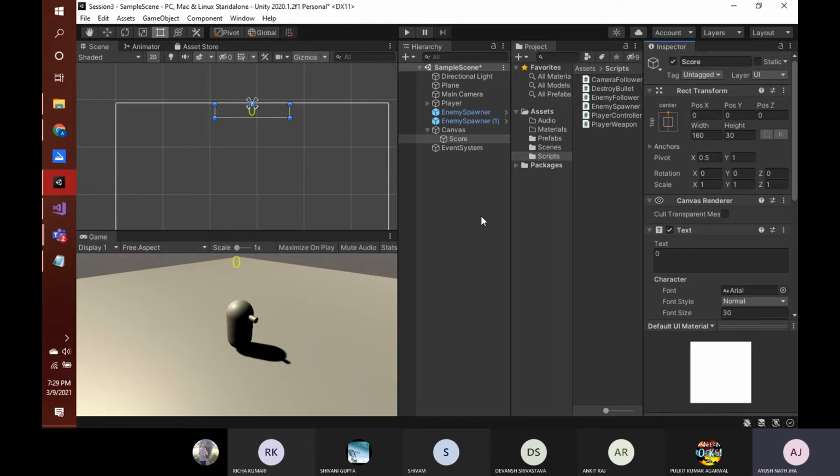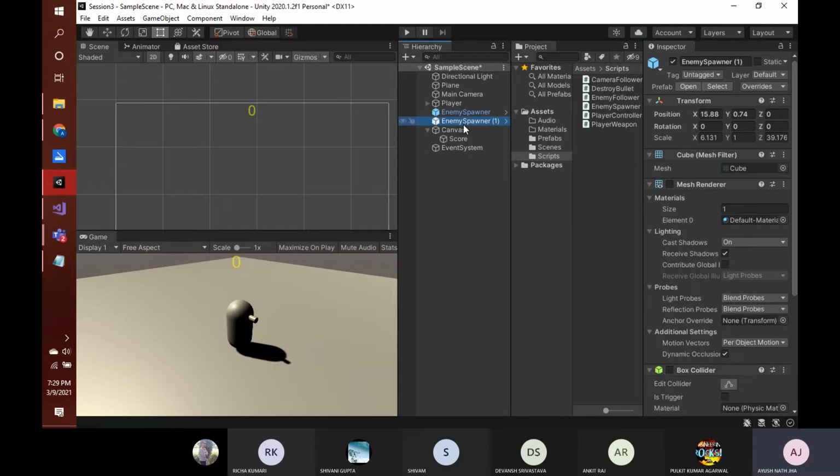We'll have to create a game object list which will store all the instances of that enemy spawner, and then we'll run a simple loop which will take the value of that score variable from the script attached to each of the enemy spawners, and then add it to a global score variable, and that global score variable will be shown here. So it might be confusing at the moment, but when we start to code it right now, you will understand why we are doing so.